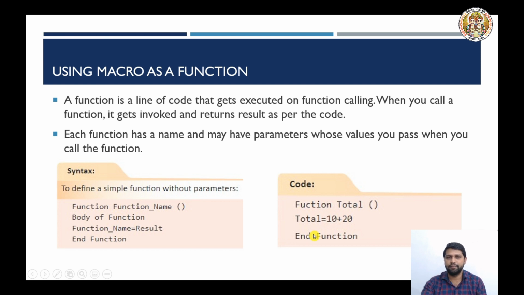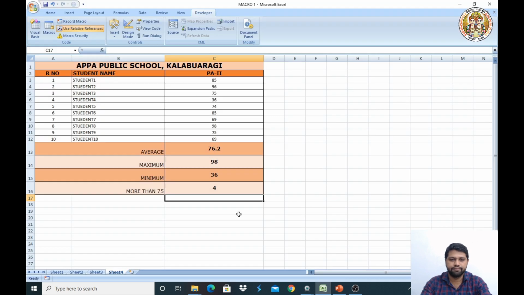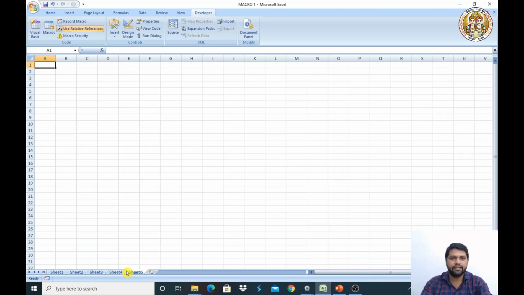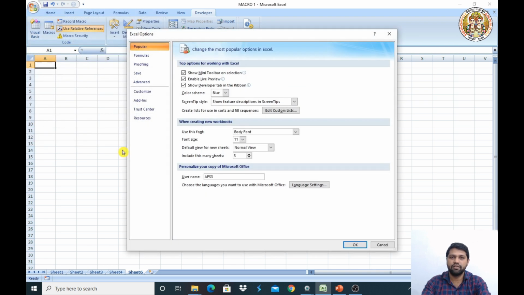So let us see that practically. I'll take a new sheet. Here I have got the Developer option. To enable that, I need to go to Excel options; by default it is not available in your document. In Windows, MS Office 2007, the option is available in Popular, here Show Developer tab.